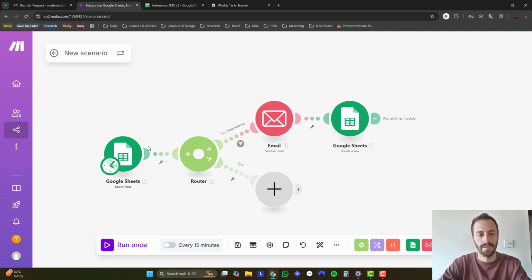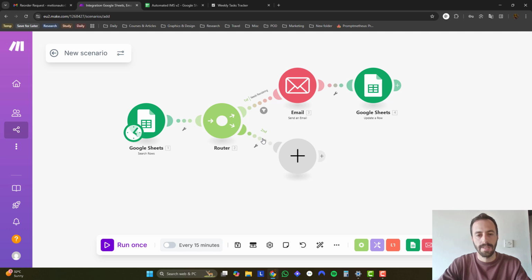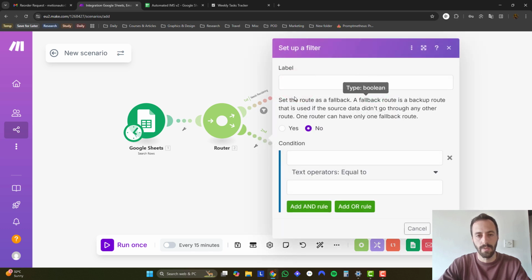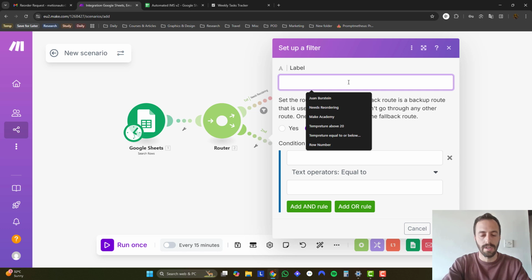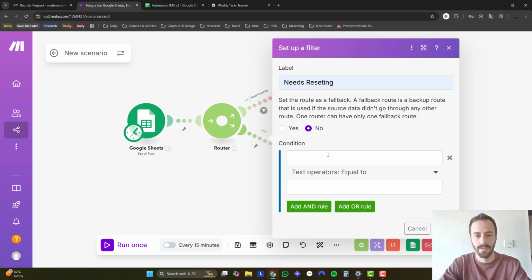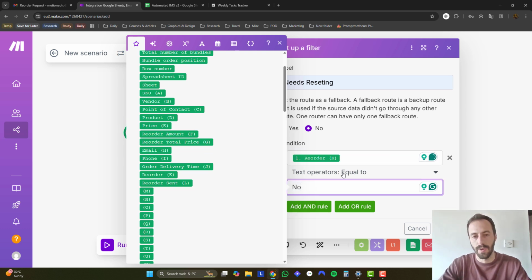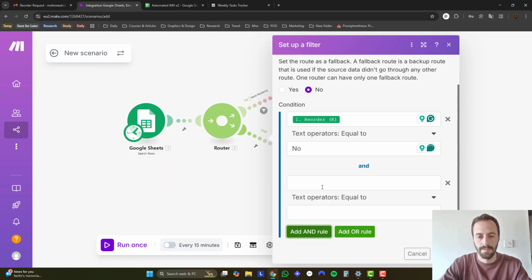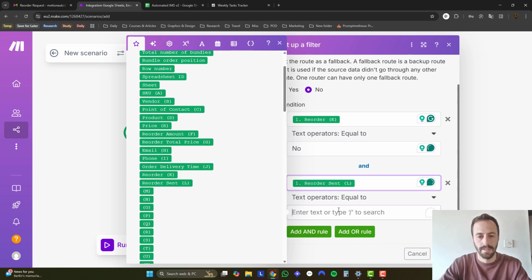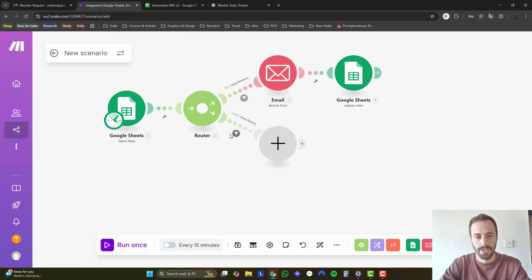Okay, and only rows that match this filter will go through here. Okay, the rest will not. Now let's set the second path. Again, we're gonna do the filter, and we're gonna call it needs resetting. Okay, the condition will be reorder is set to no because it was already restocked, and the reorder sent is true. Okay, so only rows that match this criterion will